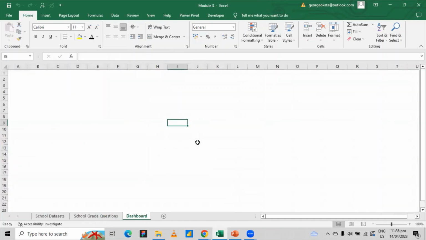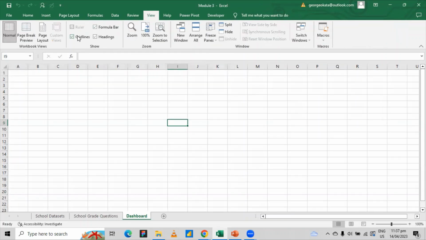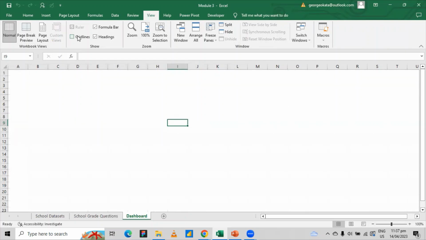We've got a plain sheet I've also created, dashboard. So what I did was just take off the grid lines. And if you'd like to ever take off grid lines, just come to your view here. Right now I can add it back by just checking it, and I can uncheck it and it takes off the grid lines. I just feel it makes it much cleaner when I'm presenting my charts than having grid lines, and you just have too many lines on your chart. I just think it becomes too busy. That's my own